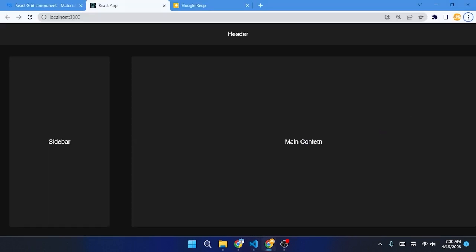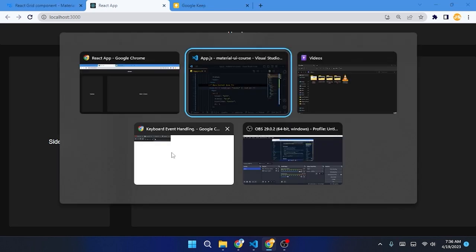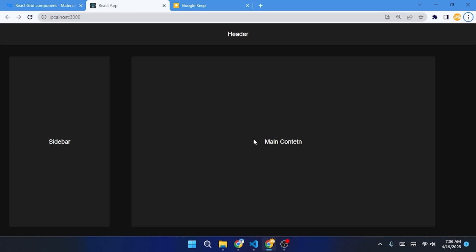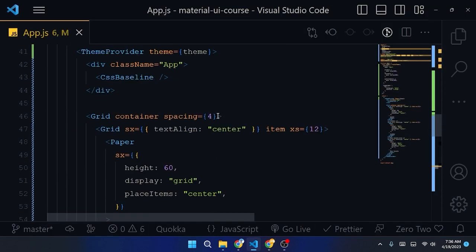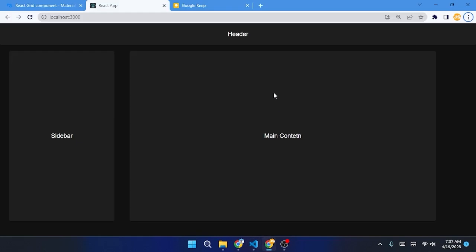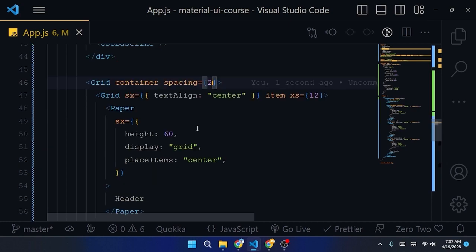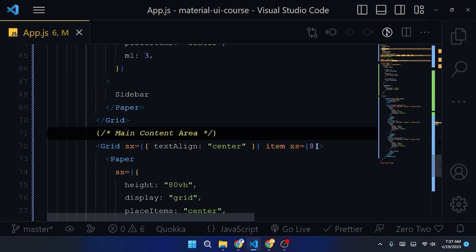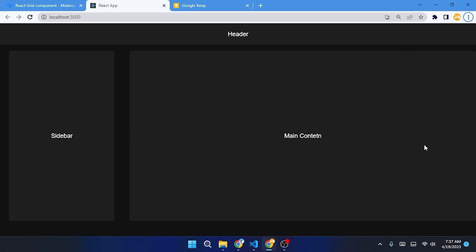Let's say it is taking the whole space. If I say 8, it will take some space. There is some space here, but we actually do not want this spacing. I will reduce this spacing to 2, and this is a little bit better looking. And what if I say this one will be 9, so this is taking the whole space, and I don't actually want this